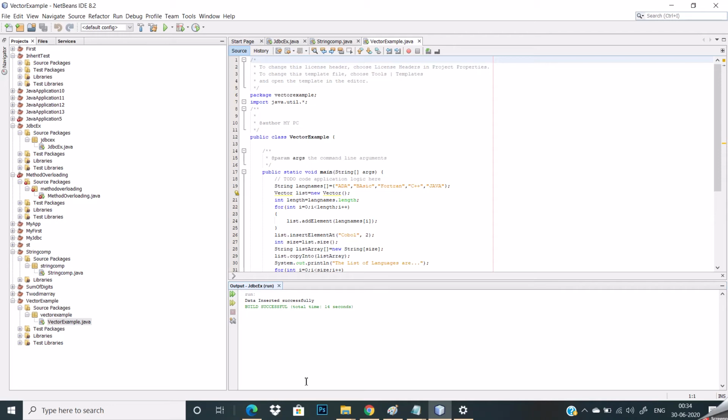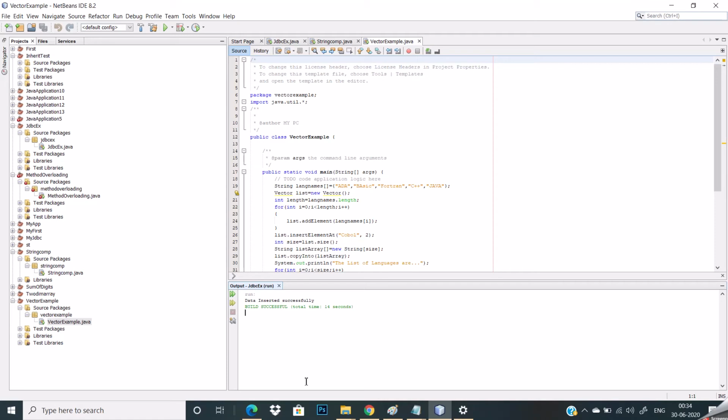So basically a vector is a collection of objects, and these objects can be of different types. There are a lot of predefined methods in vectors, and vectors are defined under the java.util package.